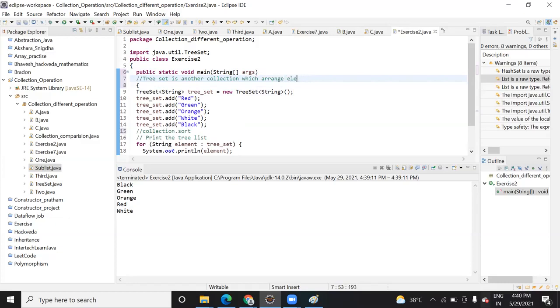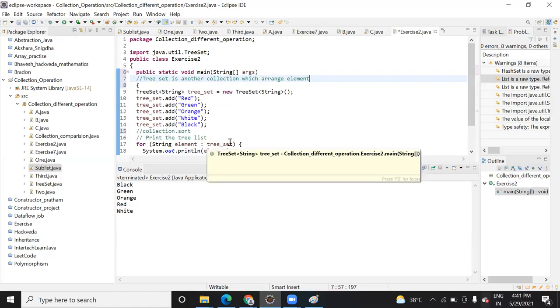So according to you, what is the best collection? Normally, the best collection is the one you need most of the time. See, sets give you sorted order, but they do not allow duplicate elements. In a map you have a key and value, where one key will identify one value, meaning one key cannot have two values, right? A single roll number is assigned to one person. So that is a disadvantage.